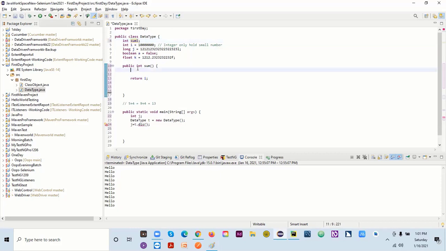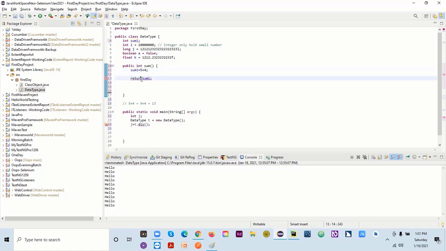So what I can say here, I can say sum1 equal to, okay, I can say 5 plus 4, and that's it. So it's saying 5 plus 4. The value will be 9, and 9 will come to sum. So now sum is having a 9 here. Okay, so this is having a 9 here. So instead of this one, I can say we want to return this actually.